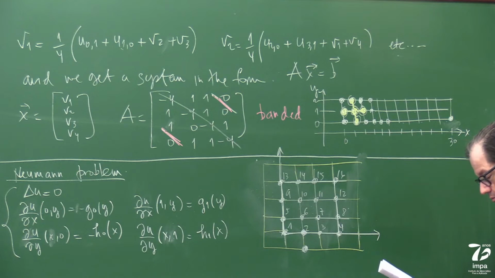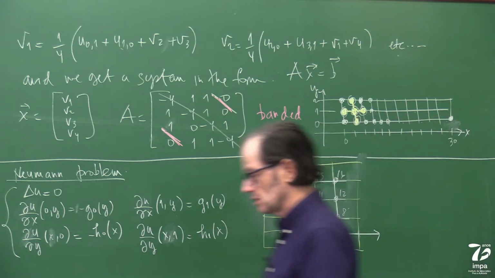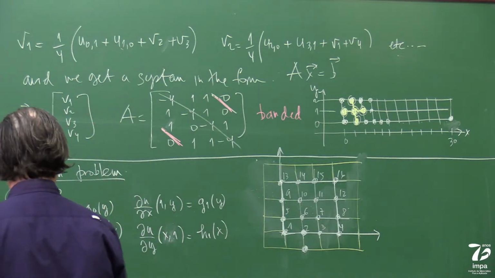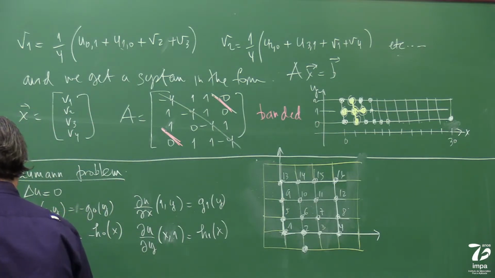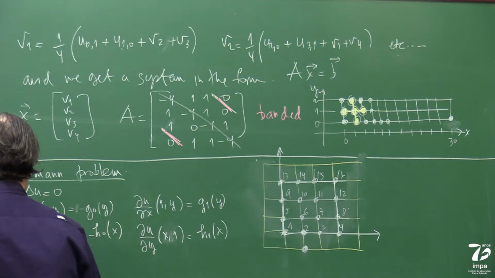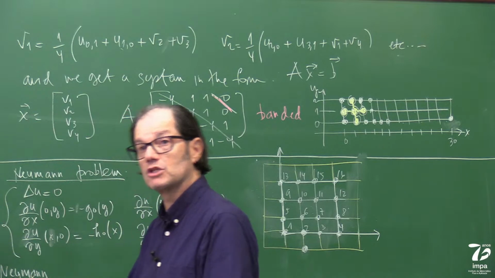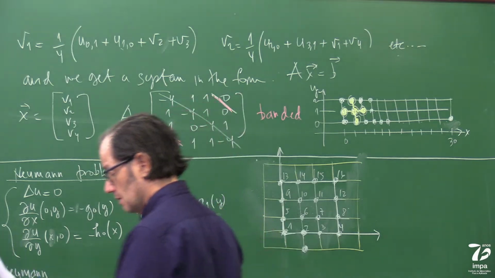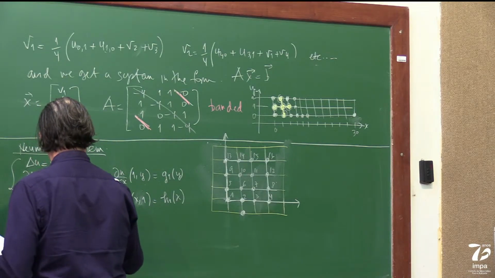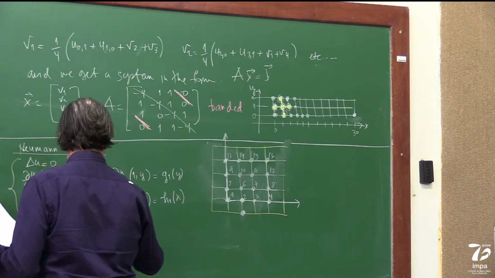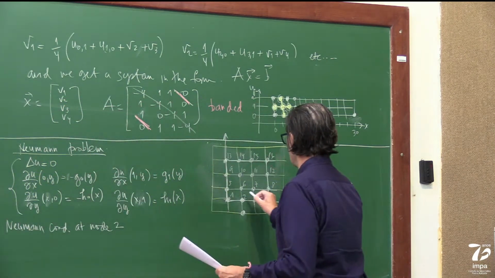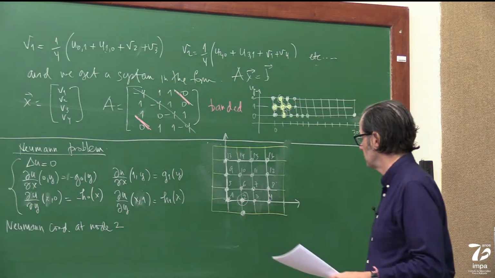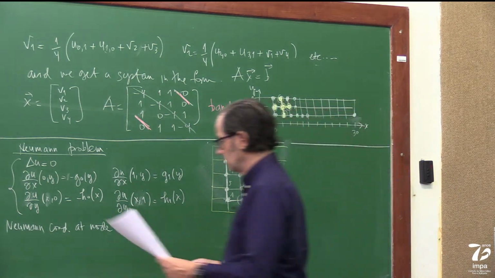Okay, so you're going to see, I'm going to use the notation similar to before, so we can say the Neumann condition. Let's give an example. And let's see how we're going to get information we don't know and how we deal with the information we don't know, okay? So let's start. Neumann condition at node 2, which is exactly the one I pointed out by chance. I didn't even remember that. Okay, node 2. So that means here I have